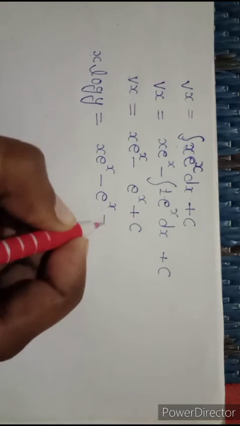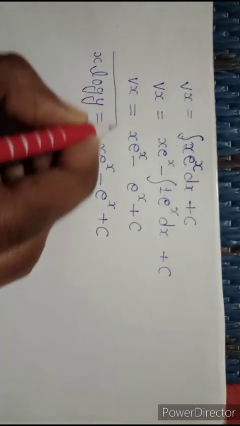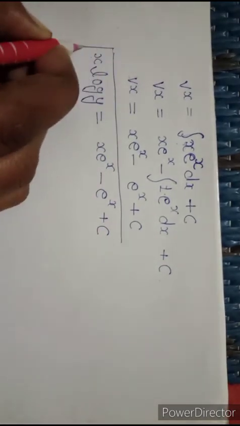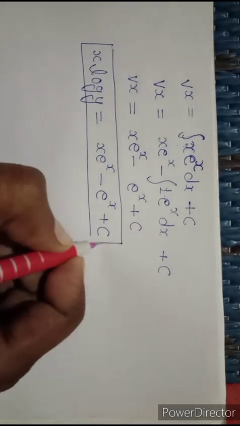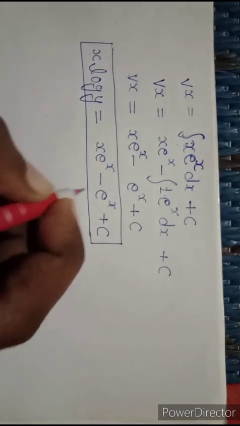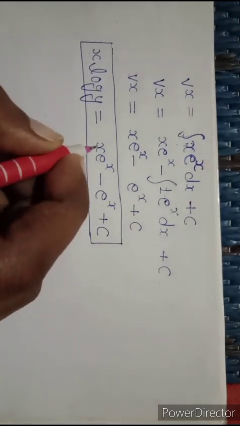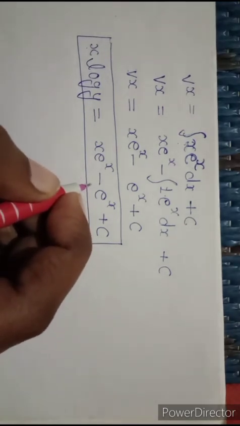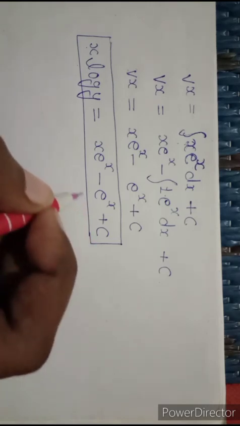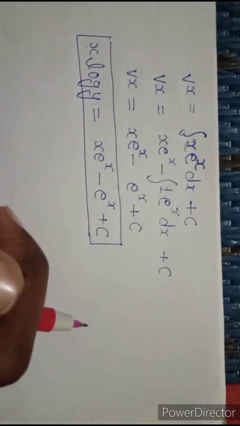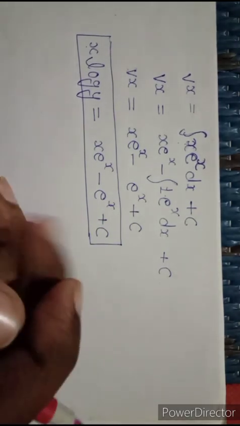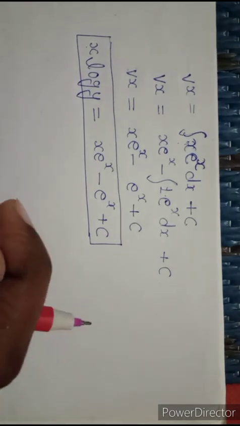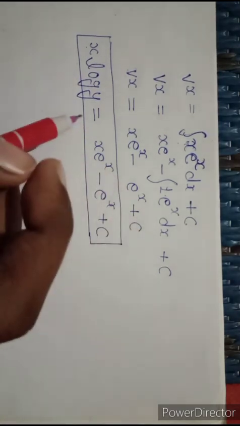So this was the method to solve a differential equation which is given in the form f'(y) dy/dx + p f(y) = q. If it is given in this form, we will try to reduce it into a linear differential equation and then we can solve it. So this was the method.